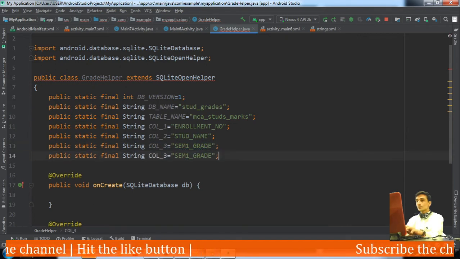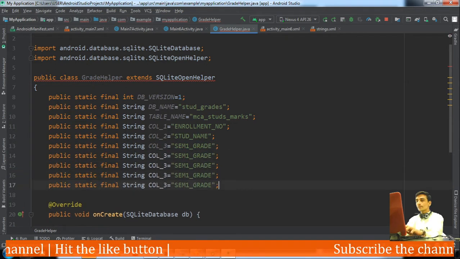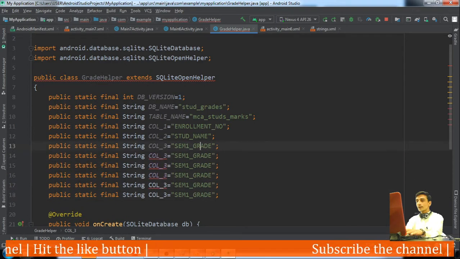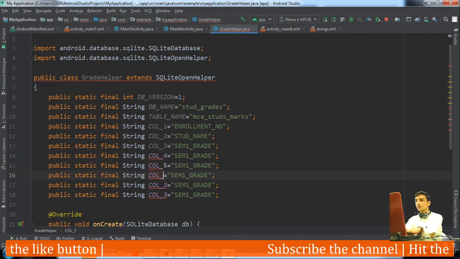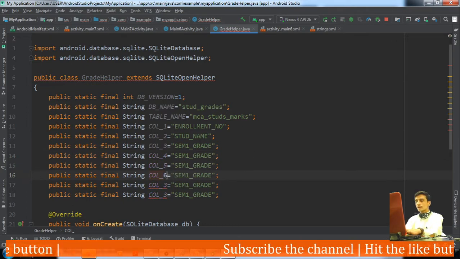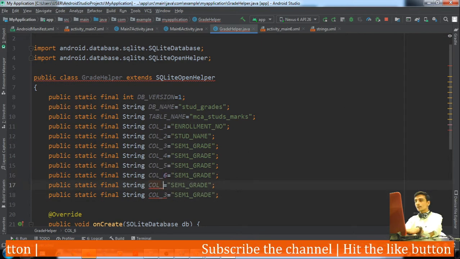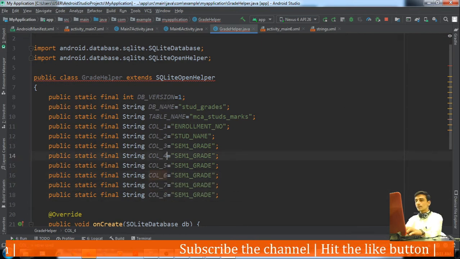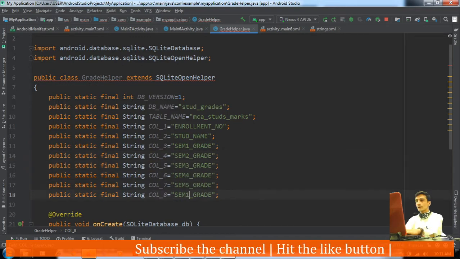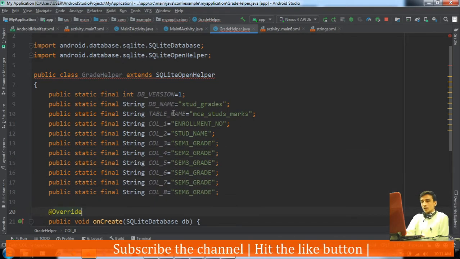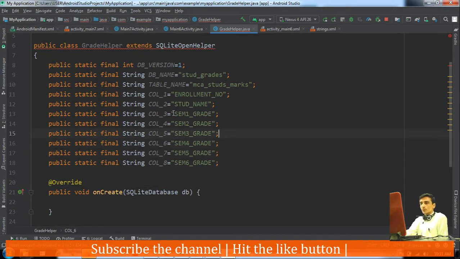Then sem2 grade, sem3, sem4, sem5 and sem6. So these are columns 3, 4, 5, 6, 7 and 8, and here sem 2, 3, 4, 5 and 6. In this manner we have defined all the columns of the table which are required.